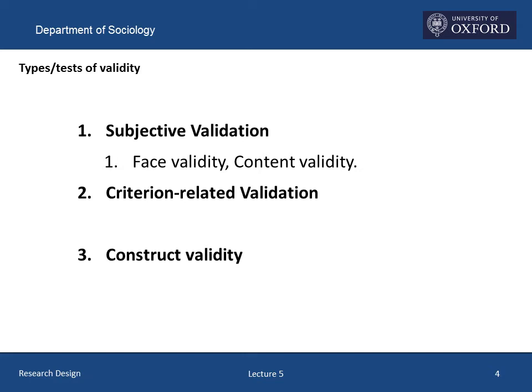The first thing we might examine are simple face validity and content validity. This requires nothing more than asking ourselves whether the measures we propose to use seem, on the face of things, to be about the sort of things that are likely to be indicative of positions on the underlying construct.